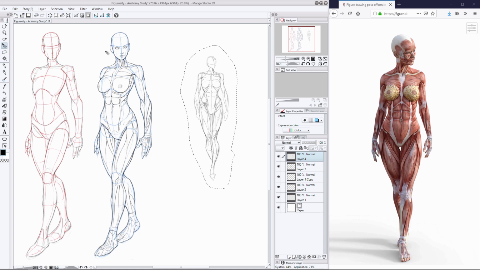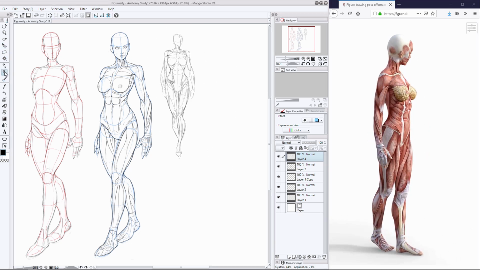And what's important about that is when you initially start out to draw a study from a reference, you may get that reference from Google Images or some other application. I know a lot of people have bought up DAZ Studio, which is great, and I've used DAZ Studio before. It is a very nifty application. Haven't used it for a very long time, but funnily enough, the models that are featured within Figurosity are actually bought from DAZ, and they're adjusted and rendered, and they're imported into it for all your figure drawing needs. And a lot of people have brought up the fact that, okay, Figurosity isn't as customizable as DAZ. You can't pose the models yourself,